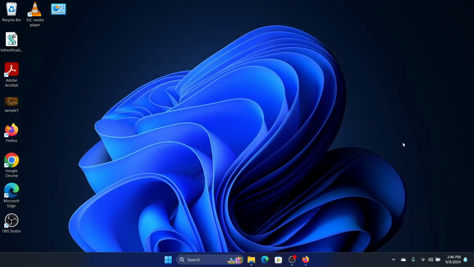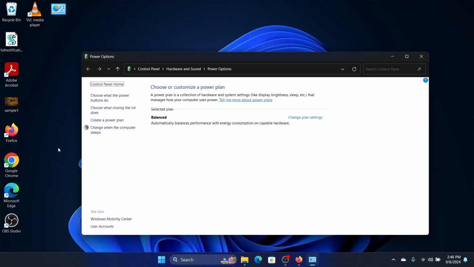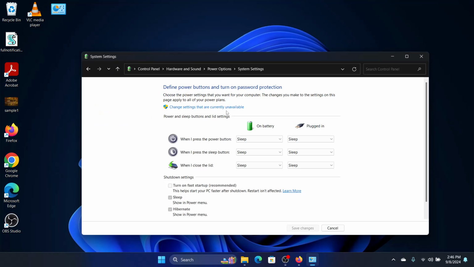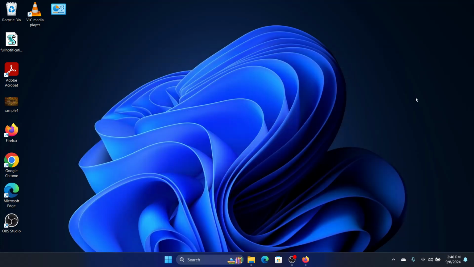The next thing we'll do is disable fast startup. So for that we'll press the Windows and the R button, and we will enter the line powercfg.cpl and press enter. Now we will click on choose what the power buttons do and click on change settings that are unavailable. Now we will uncheck this box, turn on fast startup, and then we will also run our memory